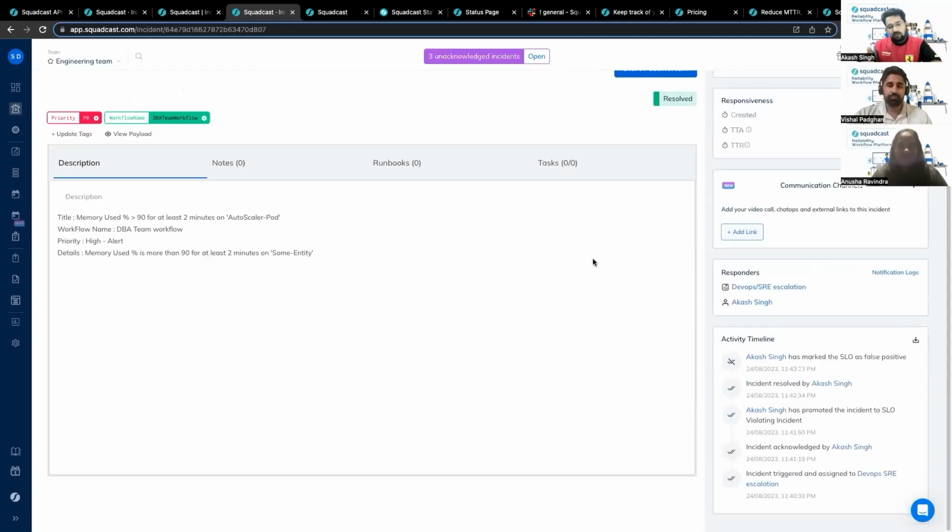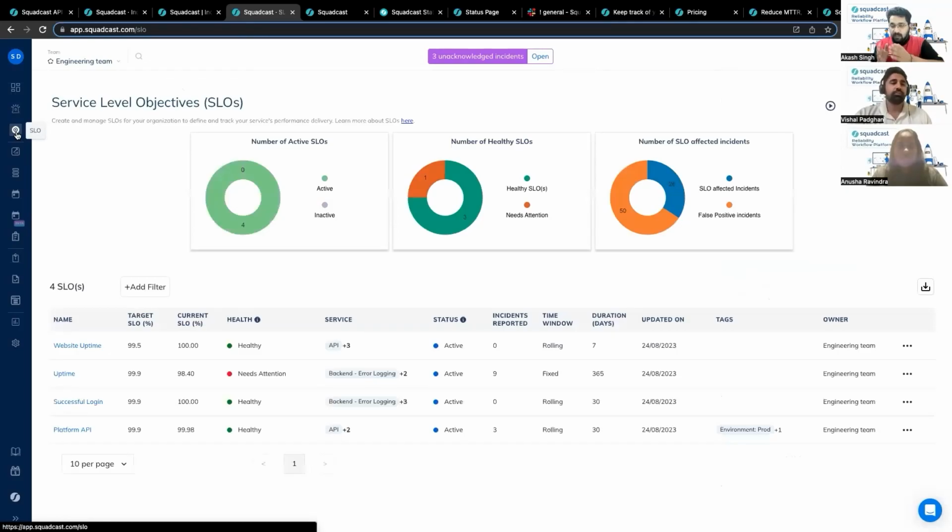Once they mark it as a false positive, what will happen is the amount of time that you lost for that particular incident will be regained back. So using this, you can actually make sure that only the incidents that actually impacted an SLO are being marked